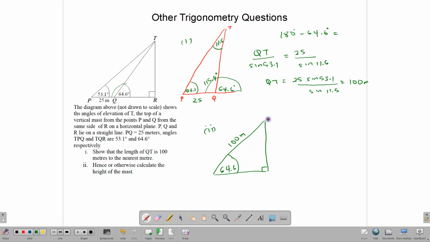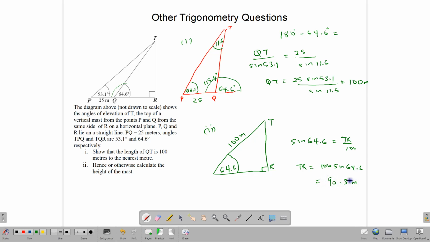We want to find the length of the mast. The mast is TR. We know this side is the hypotenuse, and this angle here, TR, is opposite to the 64.6. So we can safely use the sine ratio. So we can say the sine of 64.6 is equal to TR over 100, which tells us that TR is equal to 100 times the sine of 64.6. And once you do that calculation, punching in your numbers, you would get that TR is approximately equal to